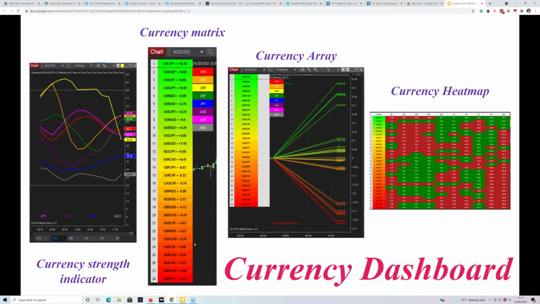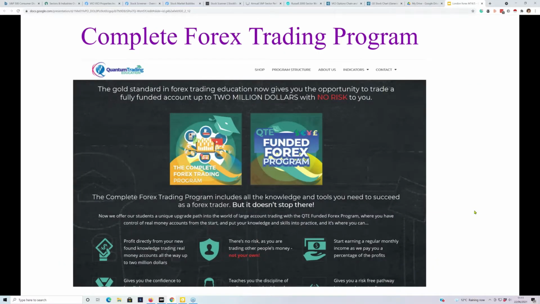So as I said, this morning there's been selling of the British pound, but where's it selling most strongly? Because that is probably going to offer the chance of a trade. And we have an indicator which actually ranks the pairs, and we'll see that again. And we have a currency array, which is really much more a strength of trend. And we have a currency heat map, which looks at all the pairs, again, in these very important multiple time frames.